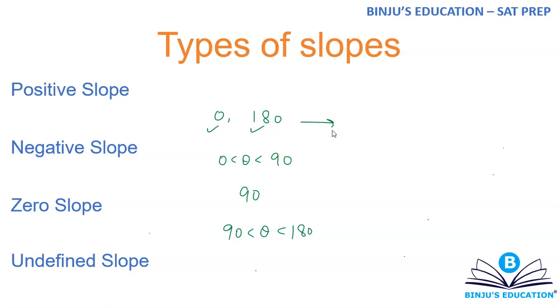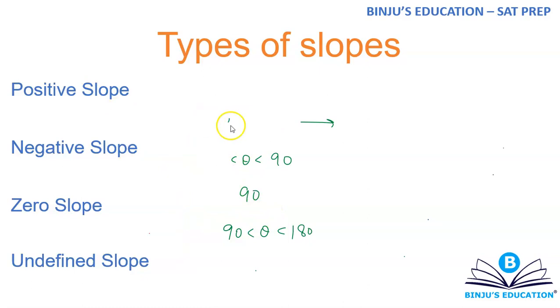If the angle is between 0 and 90, then tan will automatically be positive. That means line is an ascending line, or the slope is a positive slope. If the angle is between 90 and 180, then tan is negative, or the line is a descending line. If the angle is 90, then line is perpendicular to x-axis. In that case, slope is not defined. These are the only 4 things which can happen. There is no 5th thing which is possible. And we have discussed all the 4 possible cases.